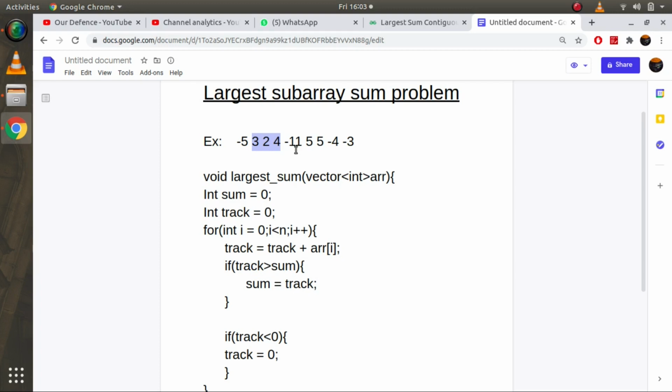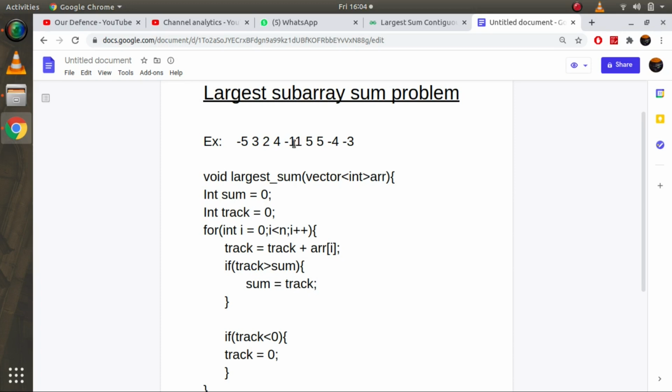Now suppose in place of -11 you had -6. Then your subarray sum would not be negative, and in that case you will not put 0 in your subarray. You will add -6, and that will give 9 minus 6, which is equal to 3. Try to understand what I'm trying to say.